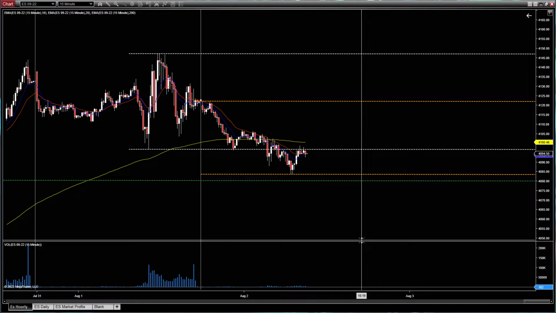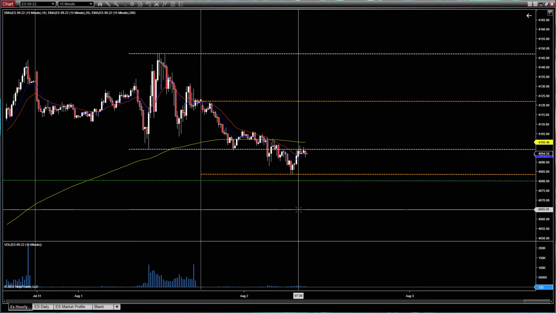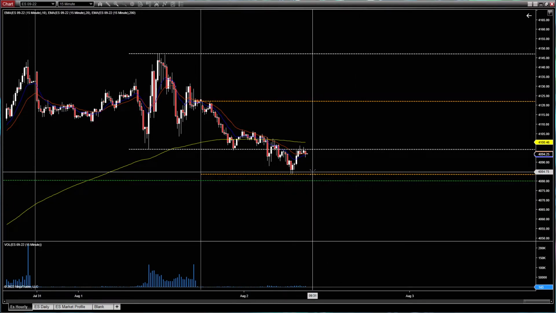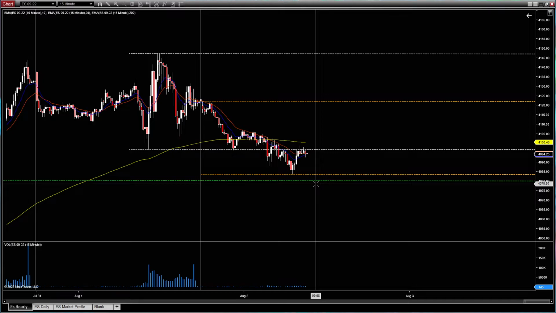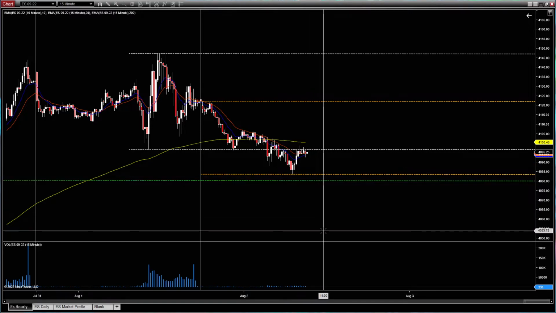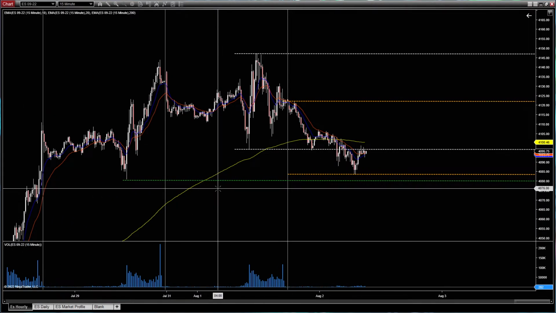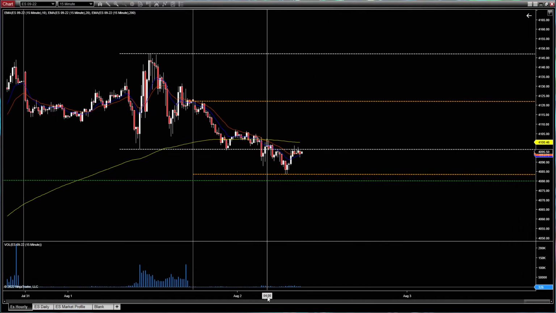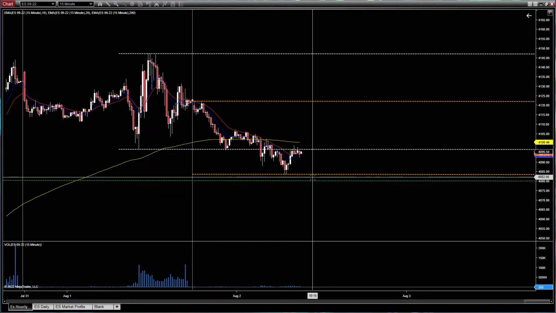We don't use our levels to signify an entry right away. You can, of course, if you're a more aggressive trader, meaning if we come down and break below these levels, you can instantly go short with a stop loss back above these levels. That's fine. Your stop loss is nice and tight. Your target is wherever you decide to put it, but make sure that the RR makes sense, right?